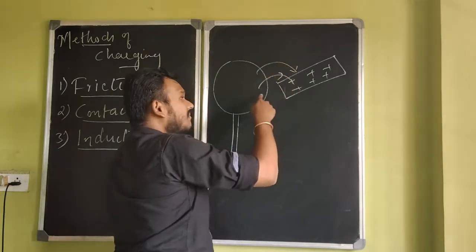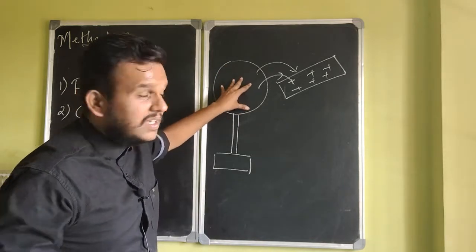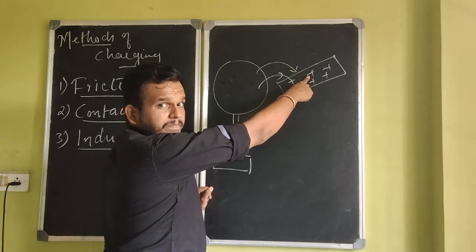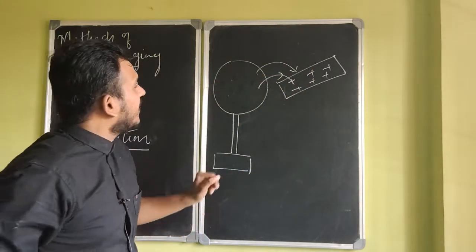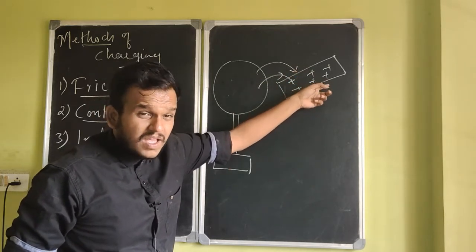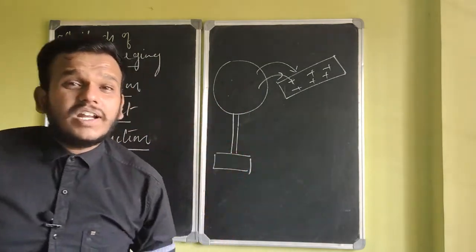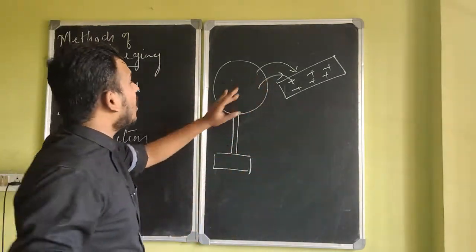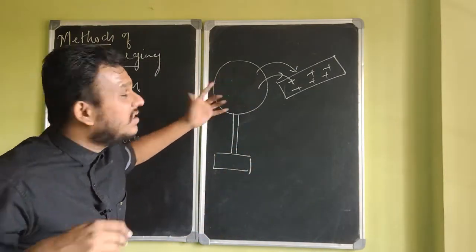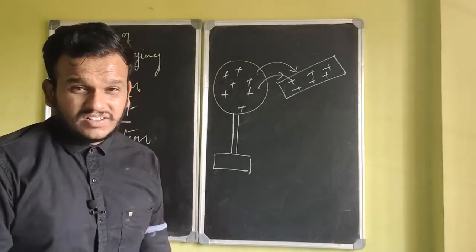from this neutral object which is not charged right now. I want to charge this object by contact. So electrons from this object will shift to this object, right? But this object tried to neutralize this. That's why it was giving away the electrons. But while trying to neutralize this, this object itself lost some of its electrons. So this right now has fewer electrons than protons, making this object positively charged. Simple as that.